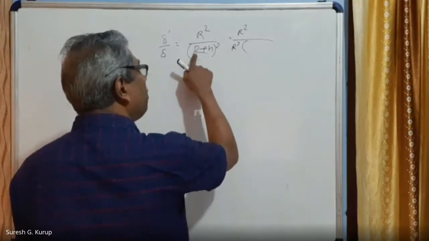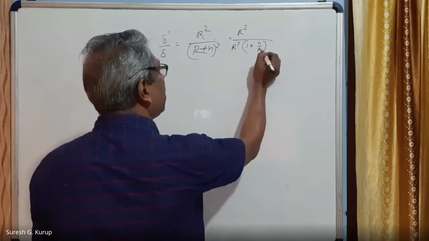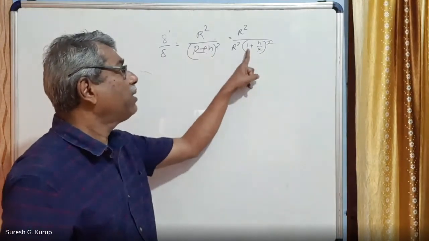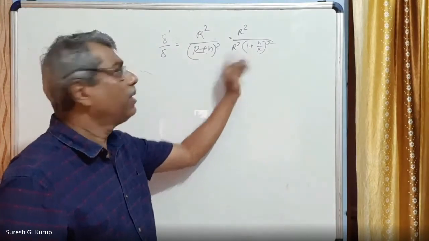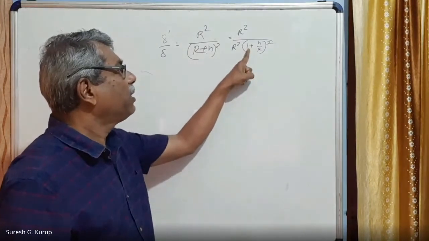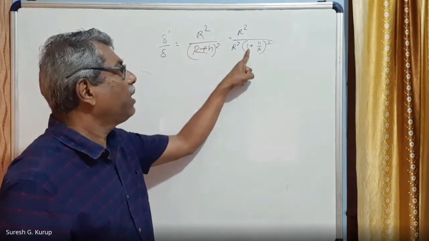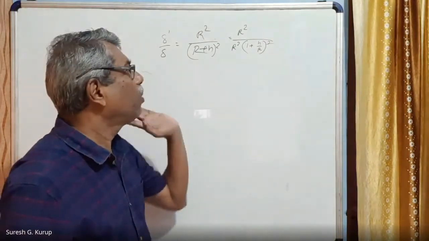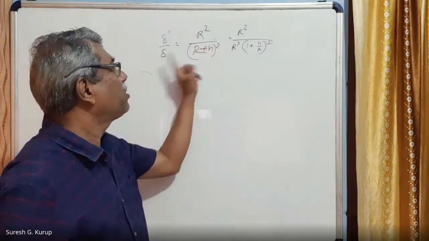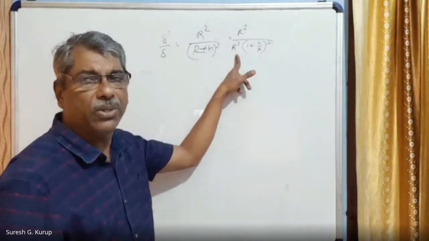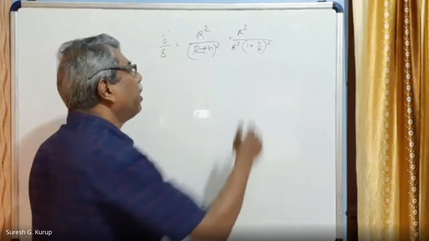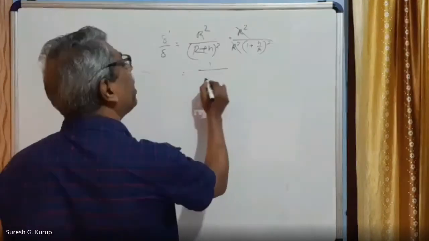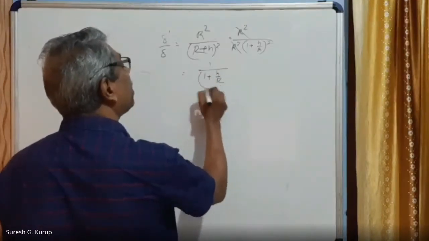So from here, this is equal to 1 plus h by R, the whole square, you will get. Right? So if R square is taken inside, that becomes R, and h by R into R, the same thing. From the squared part, when R is taken outside of the bracket, it becomes a squared value, right? Then R square and R square cancel. What you are getting here is equal to 1 by (1 plus h by R) whole square.